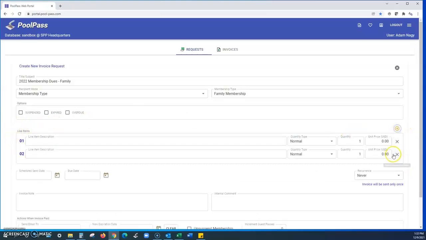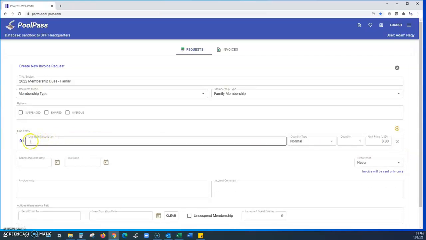You can add multiple line items here, but for our case, we're just going to do the one. So we'll put a description in here, and it is the membership dues. And the type of line item, you have 3 options here. One is normal, meaning just the quantity times whatever price you put here. So let's put a price of $2